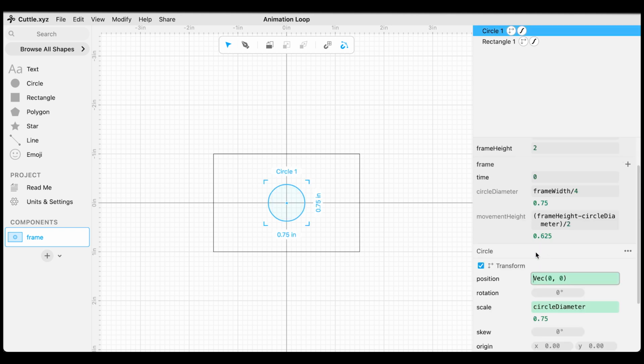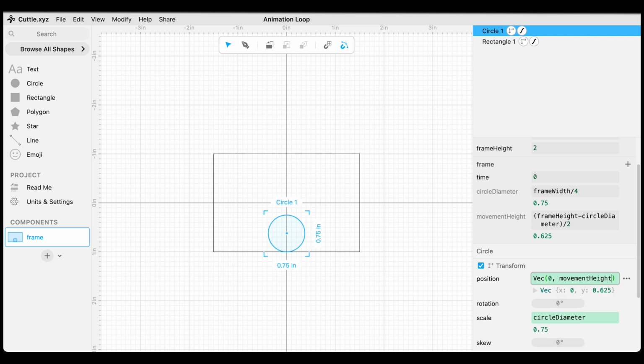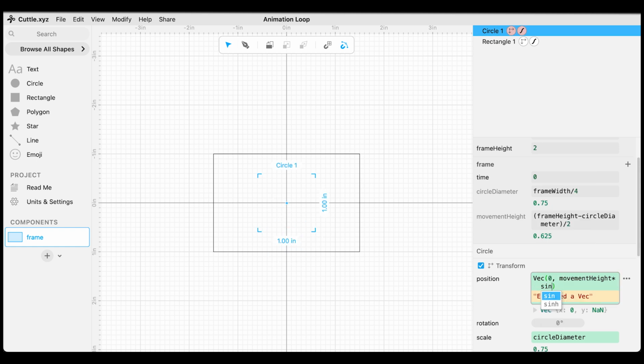We're going to come down to the circle, go to the Y and make it movement height, and now the circle is flush with the bottom of the rectangle. Just about to have some movement here. Now we're going to take the movement height and multiply it by sine. Sine in Cuttle is SIN, and then I'm going to put a left parenthesis, and with trigonometry in Cuttle it